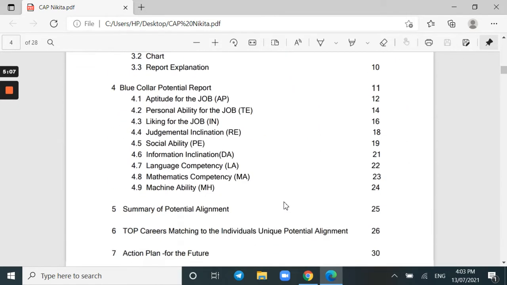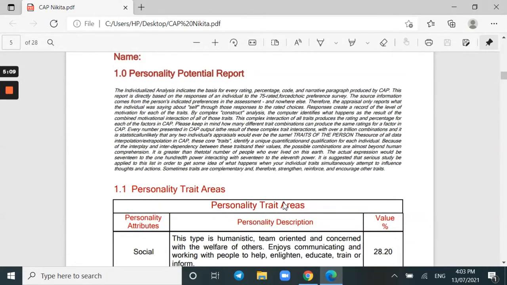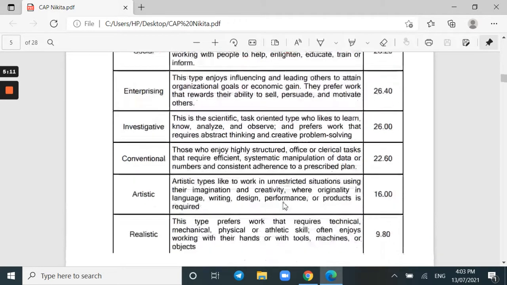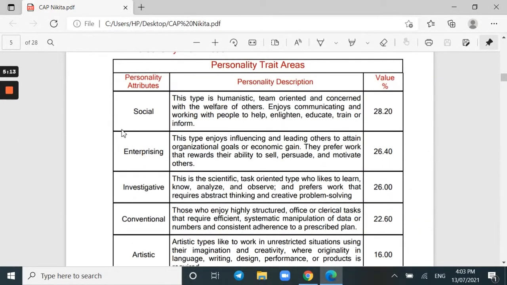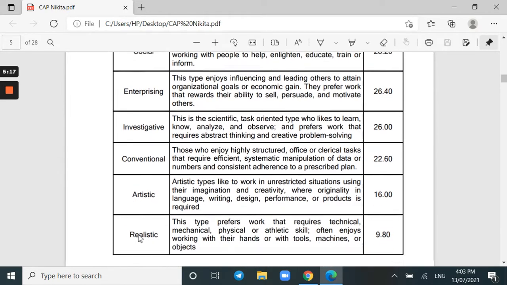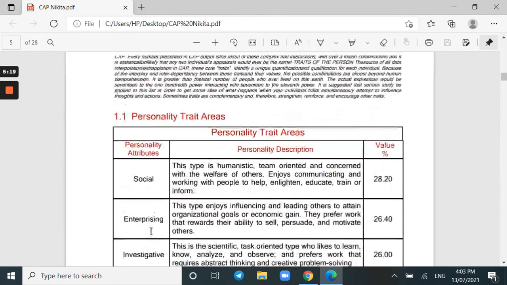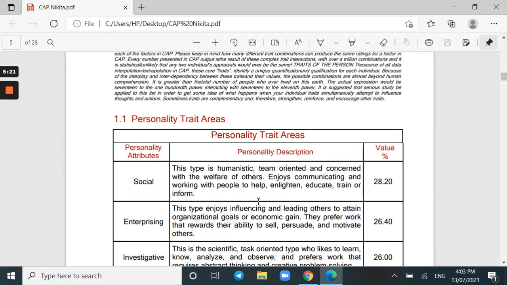Let's look at the first part, which is the personality potential. Here there are 6 types of personalities: social, enterprising, investigative, conventional, artistic, realistic. These are all generally defined career personalities, globally accepted. Each personality has a particular trait which is explained in this report, along with the value of matching of that